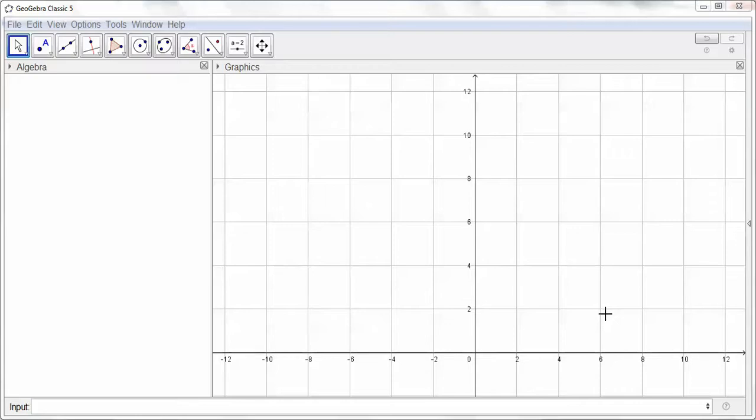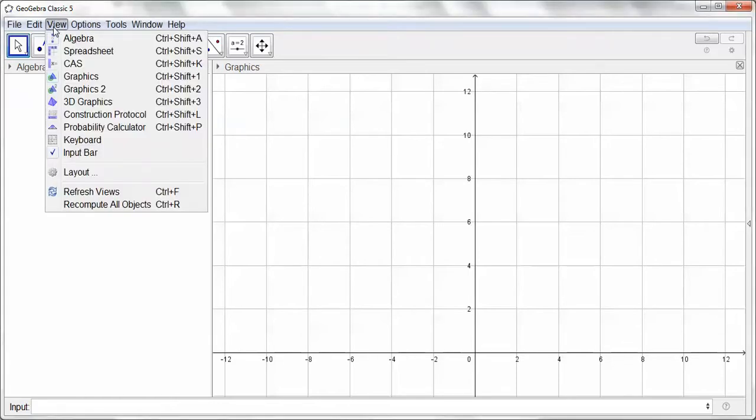We're going to look at using GeoGebra to generate our own data. You can specify what type of data distribution you might be dealing with. We're going to use normal to begin with, but we could choose uniform, Poisson, or binomial. Anyway, we go to View and to Spreadsheet,